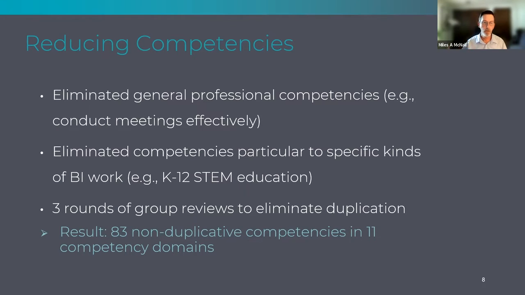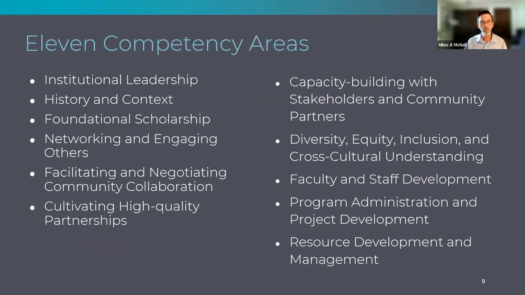And we went through as a group 3 rounds of reviewing competencies, reducing, collapsing competencies that were similar. And the end result there was, in that stage, 83 non-duplicative competencies that were organized in 11 domains. And those 11 competency areas were institutional leadership for broader impacts, understanding the history and context of broader impacts, being familiar with the foundational scholarship that informs broader impact work,